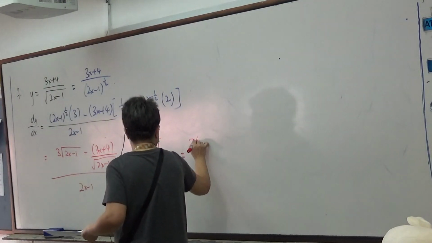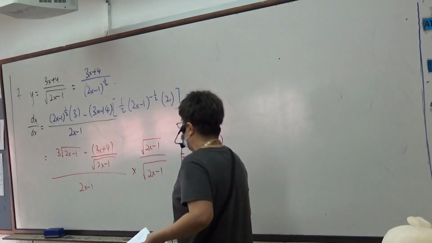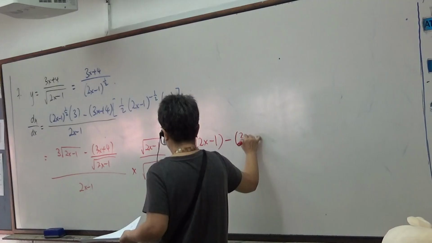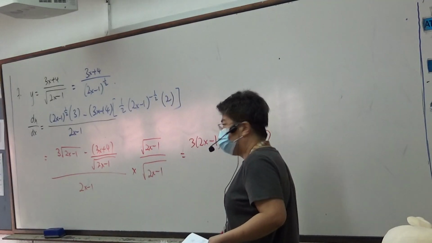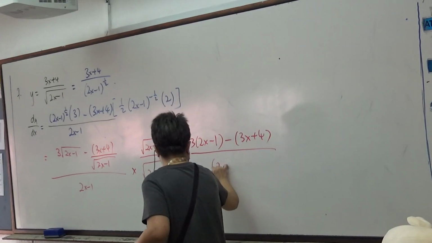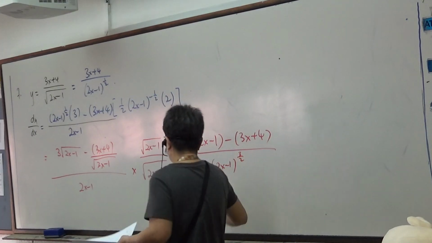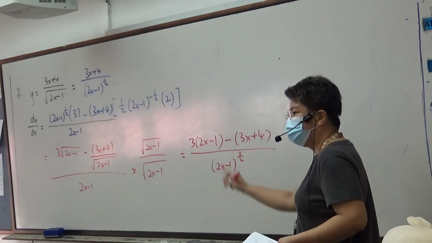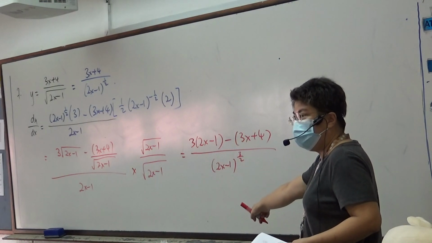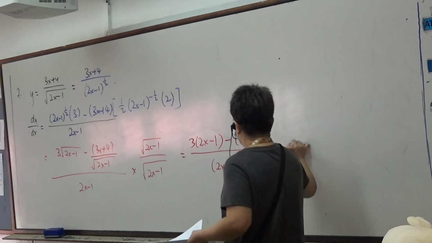I'm left with 3. Am I right? Then I'm left with 1. Correct? The top, bottom become what? Over 3 over 2, right? 1.5. So it's 3 over 2, right? Everybody okay? Now,